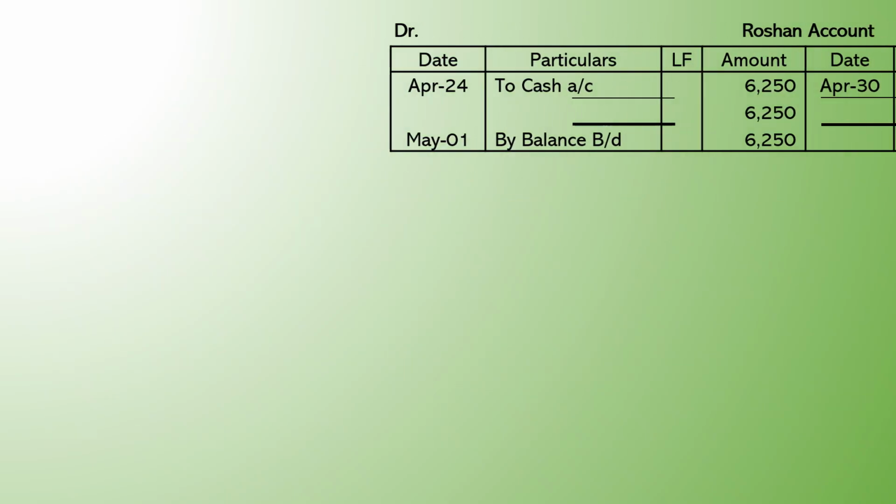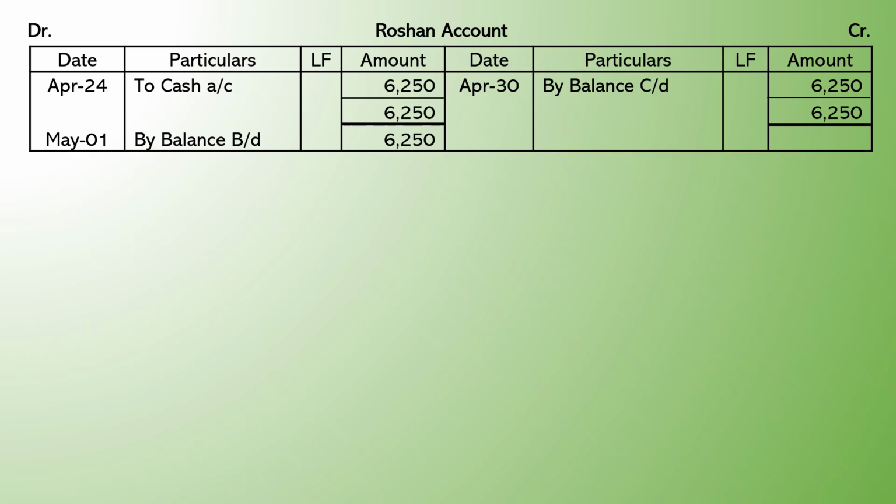For the transaction dated 24th April 2025, in the cash book, Roshan account appeared on the debit side. Hence, on the debit side of Roshan account, post the entry as to cash account for an amount of 6,250 rupees. As there is no other entry to post, total the debit side and write difference on the credit side